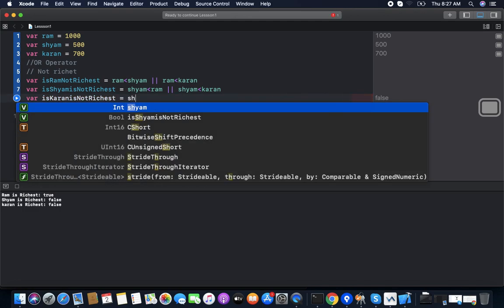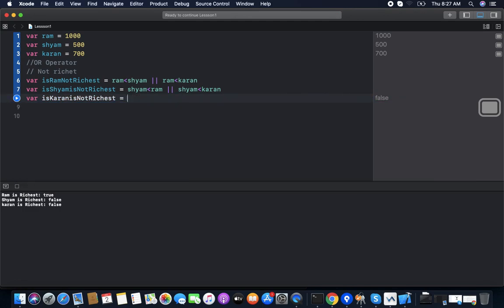So Karan is less than Shyam? No. Karan is less than Ram? Yes. So Karan is not richest. So we are printing, is Ram not richest.